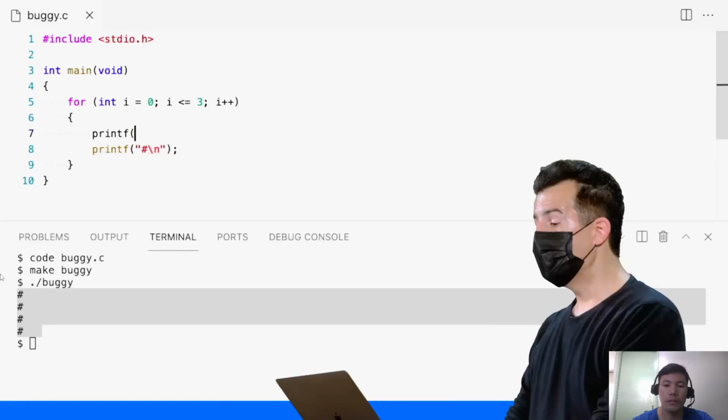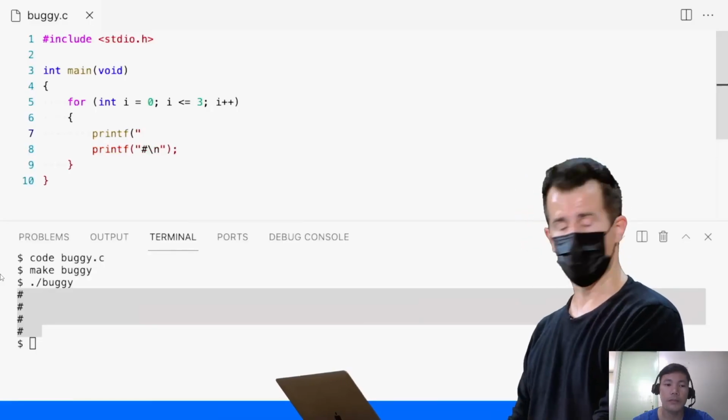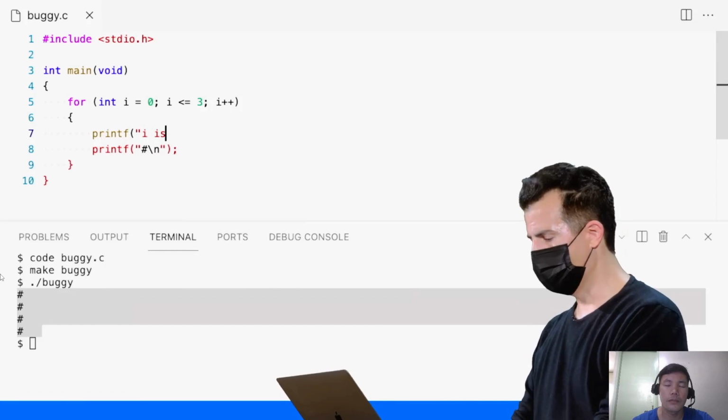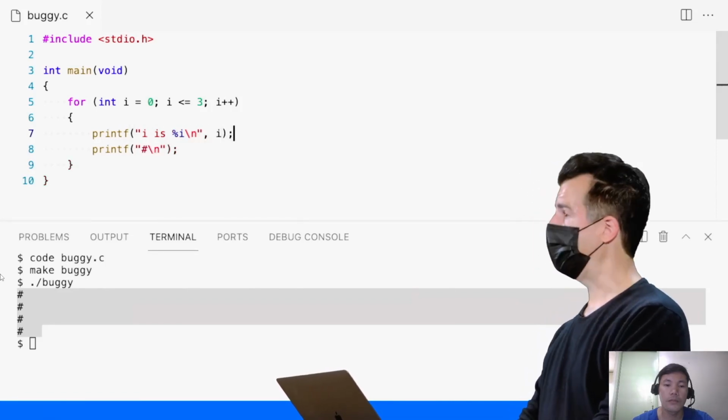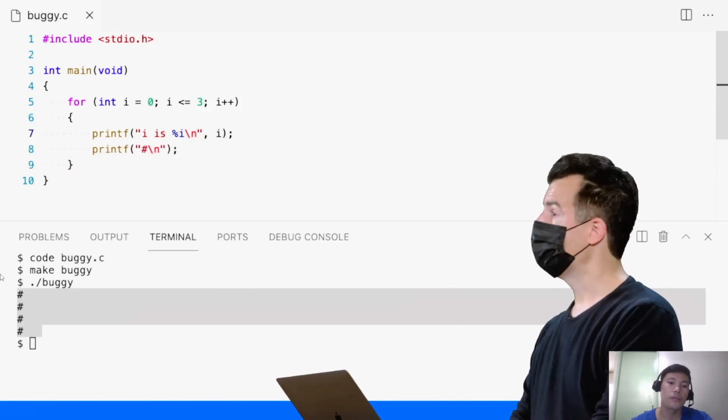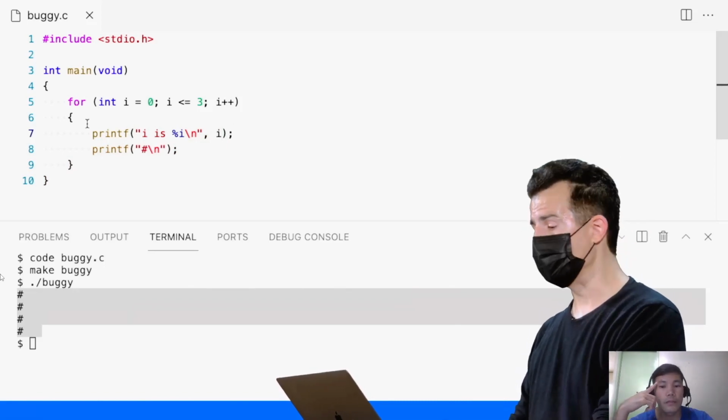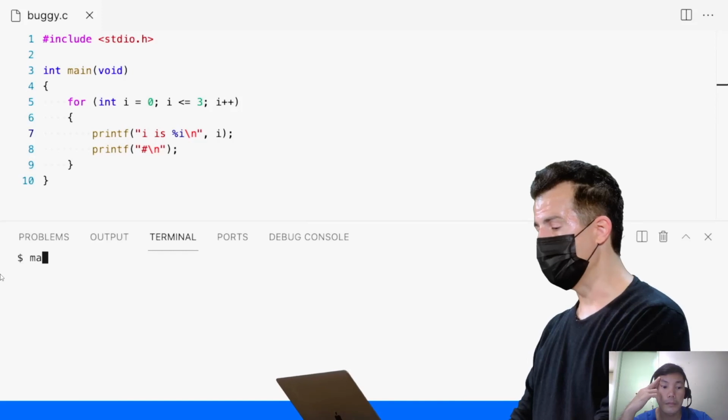So you know what? Let me do this. I see that there's 4 coming out, but I intended 3. So clearly something's wrong with my i variable. So let me just be a little more pedantic. Let me go inside of this loop and just temporarily say something explicit like "i is %i \n", and then just plug in the value of i. Right? This is not the program I want to write. It's the program I'm temporarily writing, because now I'm going to go ahead and say make buggy